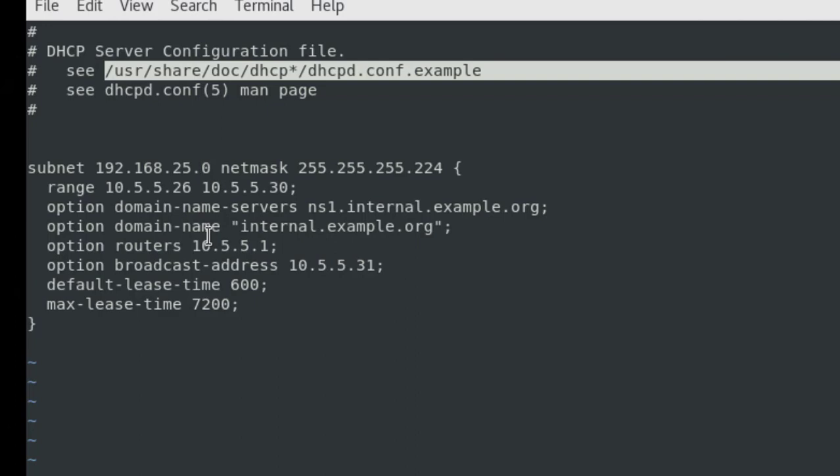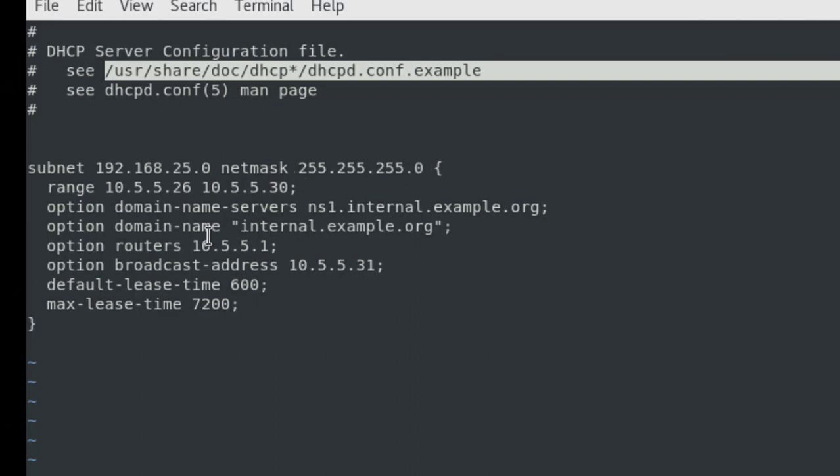The server's IP was 129, so I'm giving the network address of that subnet. That is 25.0, and for the subnet mask I'm going to give 255.255.255.0. I hope you got it.